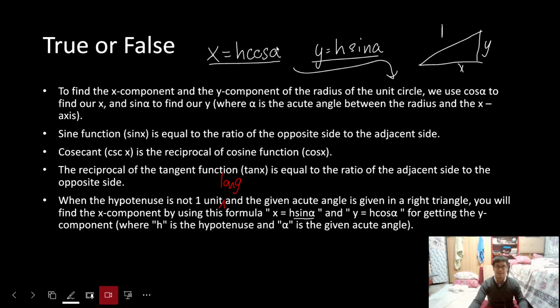But the radius of a unit circle is 1 unit long, and the radius itself is the hypotenuse already. Therefore, if we substitute 1 as our hypotenuse,